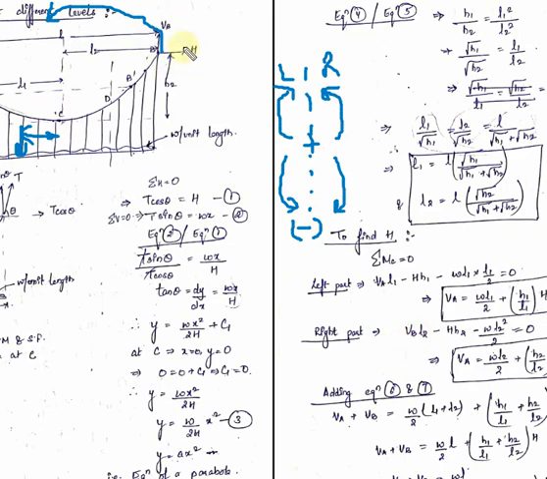Second force is H. So H will take C point in the clockwise direction. So if the right movement is clockwise, bending moment is negative. So minus capital H into the perpendicular distance of the line of action of capital H from the C point, which is h2. So minus H into h2.